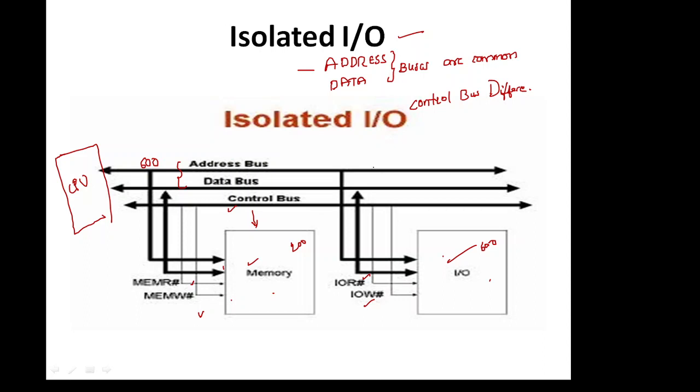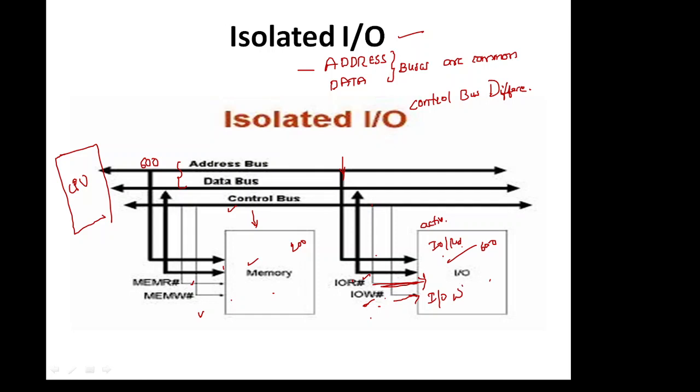Then what is it going to do? Here the IO device is going to be activated. So what does it want to do? It wants to read or it wants to write, in the sense the control, IO read or IO write. If it wants to perform a read operation, this IO read signal is going to be activated, and then it is going to perform the IO read operation. If it wants to perform a write, it is going to activate the write signal, and then it is going to perform the IO write operation.